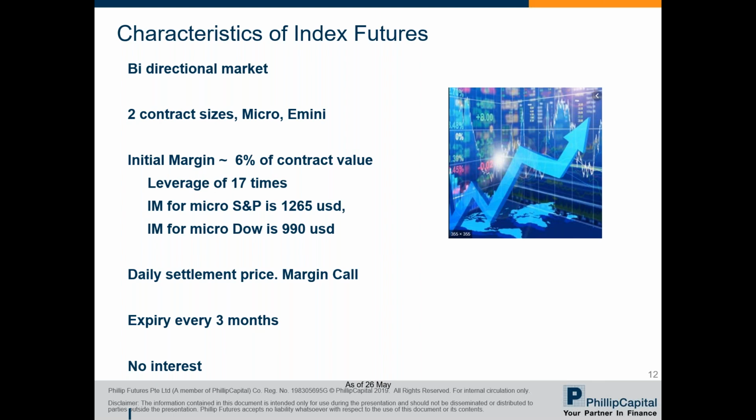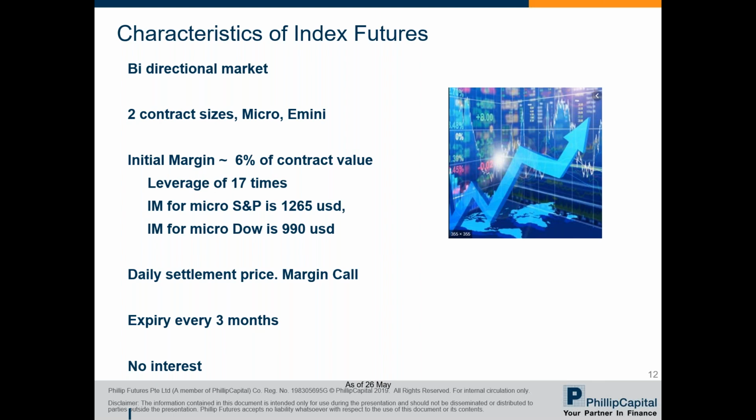Next, the expiry is once every 3 months. So this means that the available months for trading are March, June, September, and December. When it comes close to the expiry, you need to close out the position to realize a profit or loss, or simply roll over to the next month to maintain the position. For the rollover, you only incur the commission charges. There will be no financing costs or interest for the leverage. We just need to have sufficient margin, which is required in USD or SGD equivalent. For long-term positions, you can convert to avoid the interest charges.